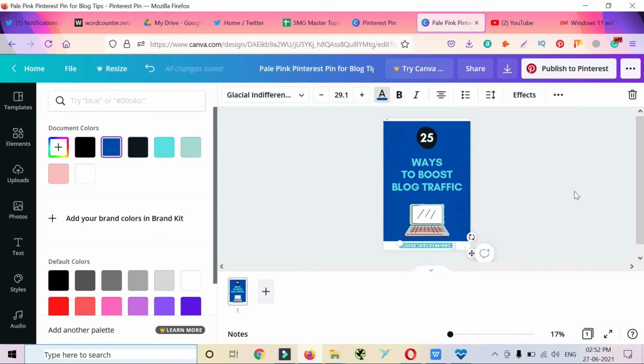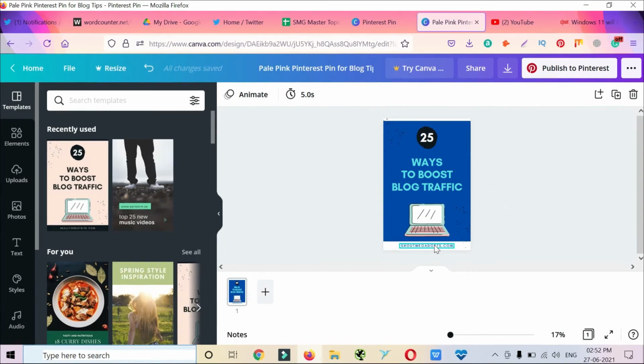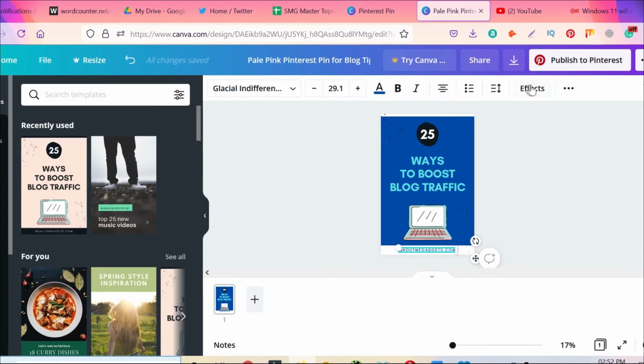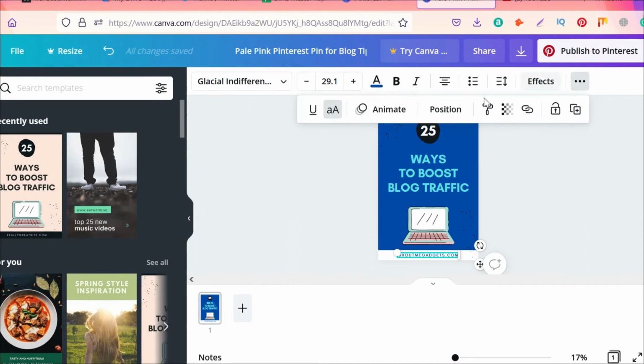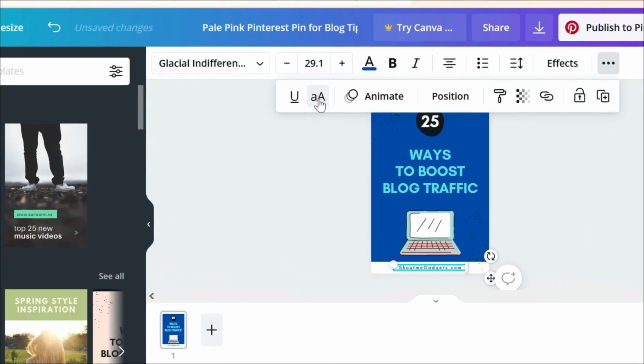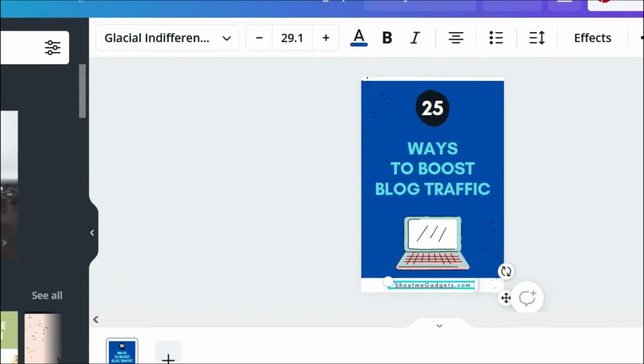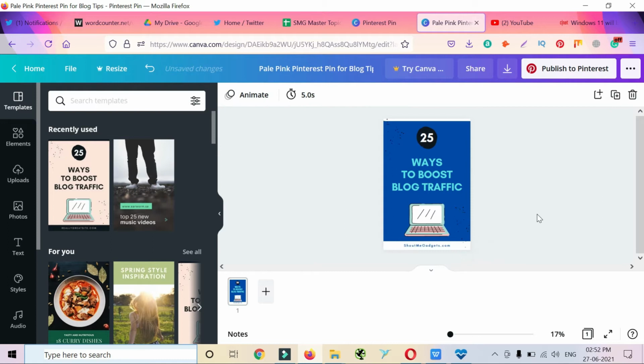Now all the text is in capital case. I want to change it into sentence case, so just click on this three dot icon and click on this particular icon to change the title case into sentence case. Now I want to change the color of this particular box.